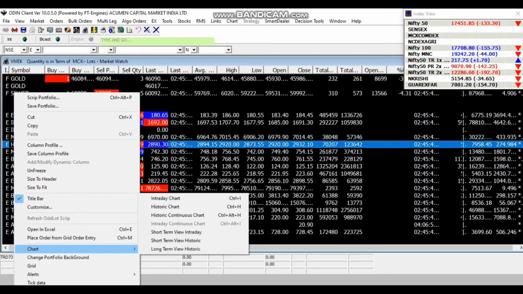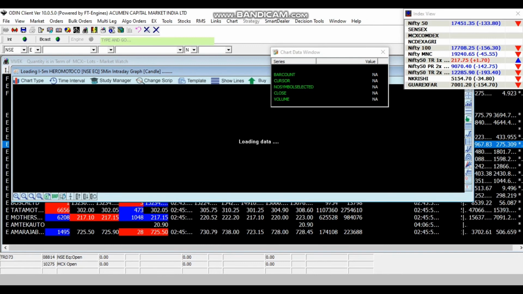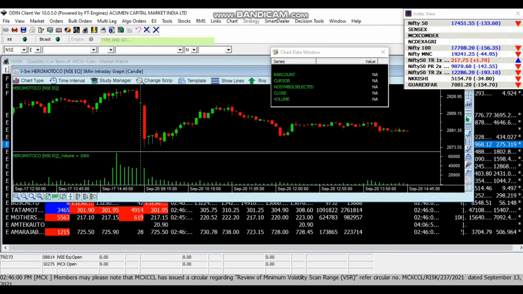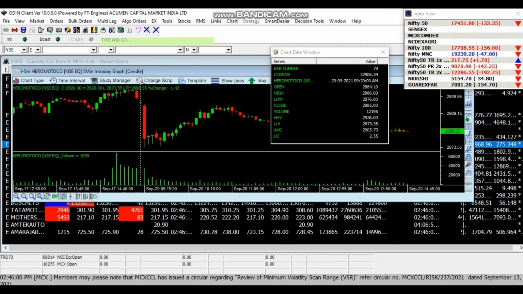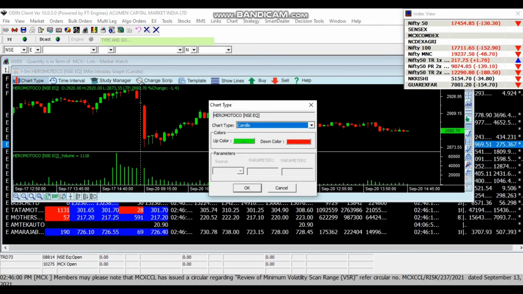Next is how to get charts. Select a scrip in the market watch, right click on it, go to charts, select intraday. Control plus I is the shortcut. Kindly be patient once you give this command because it will take a couple of seconds. As you are all aware with charting software, all the required parameters like indicators are inbuilt in this. You just need to select and add them.